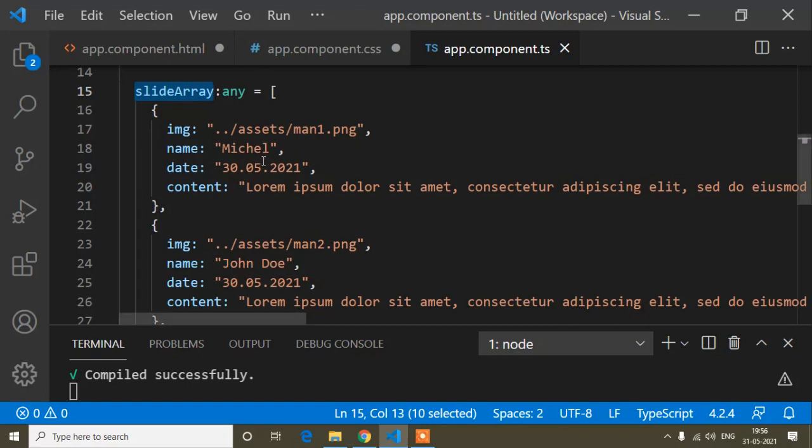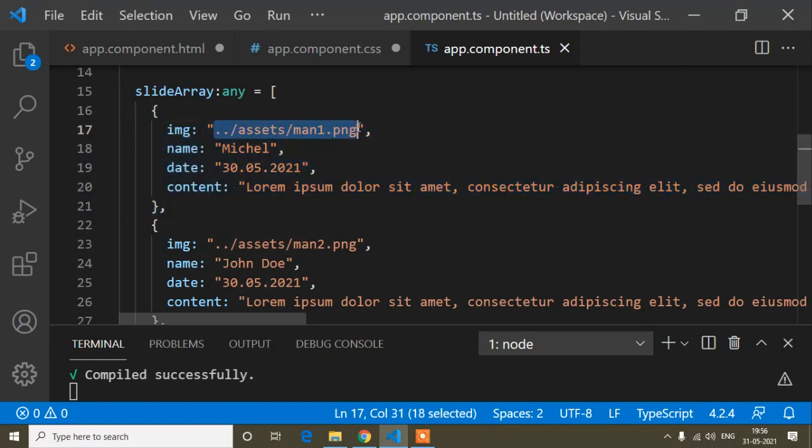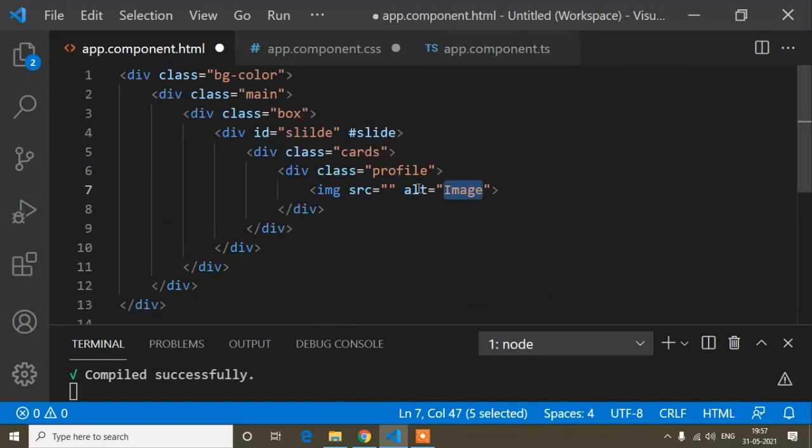Okay, so in the next step I will also bind this array. So guys, suppose all the objects I have defined statically, but it may come from an API, and when any data comes from an API, we receive it in an array format or object format. So suppose this comes from an API, but I don't have an API right now, so that array of objects I have maintained statically. But if it comes from an API, it would come the same way. So suppose the image is missing in the API, that time this alt tag will help. Whatever you pass inside this alt tag, that name will show in the browser.